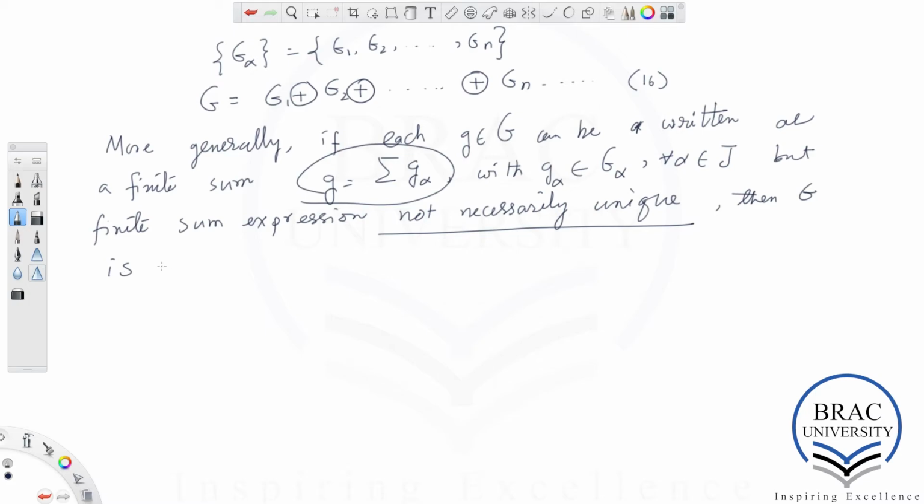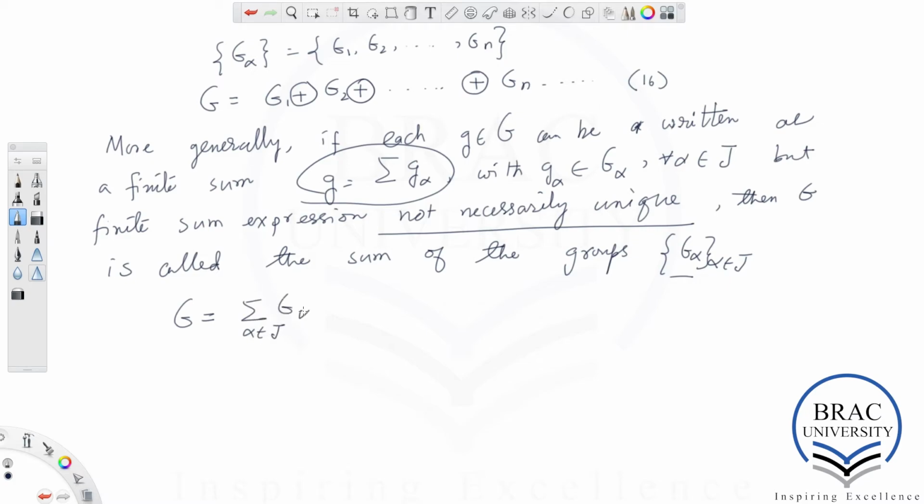G is called the sum of the groups G alpha, as alpha varies in the index set J. And one writes this fact, that G is the sum of all the elements in this collection, as G is equal to the sum over all G alphas.